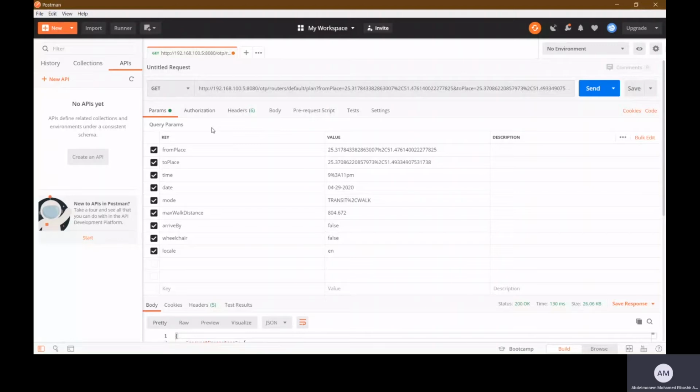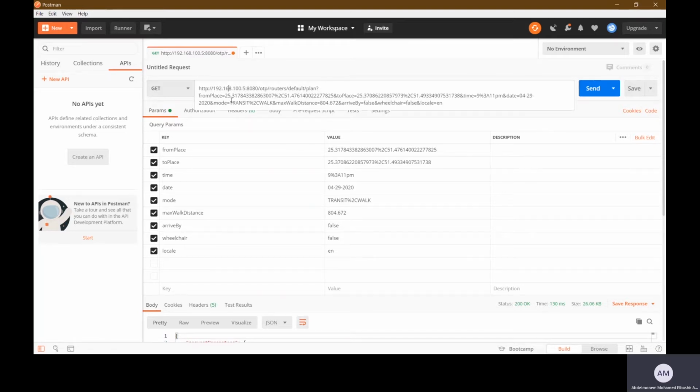The first step is to demonstrate how the OTP server, the OpenTripPlanner server, is running, which is used by the journey planning application before we demonstrate the mobile application. Each request, or each trip plan, is using this URI here, the domain which is running locally, OTP routers default, and the